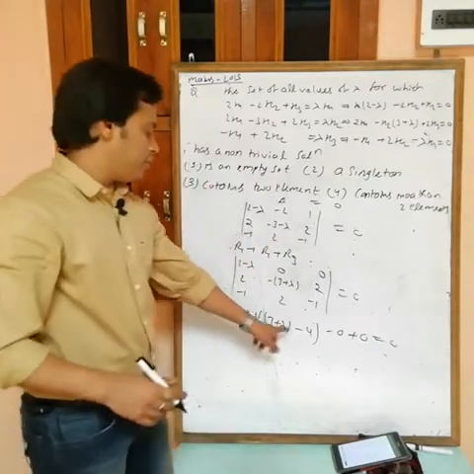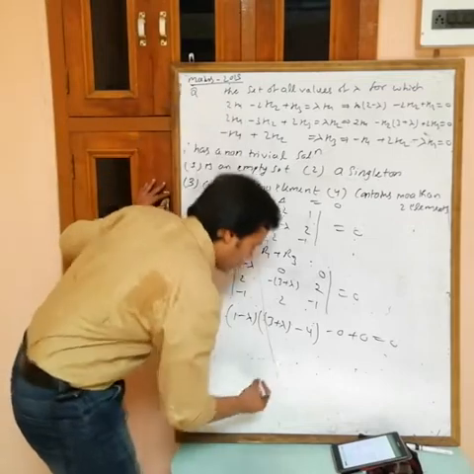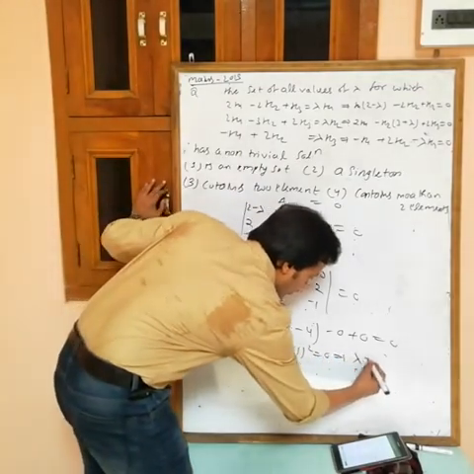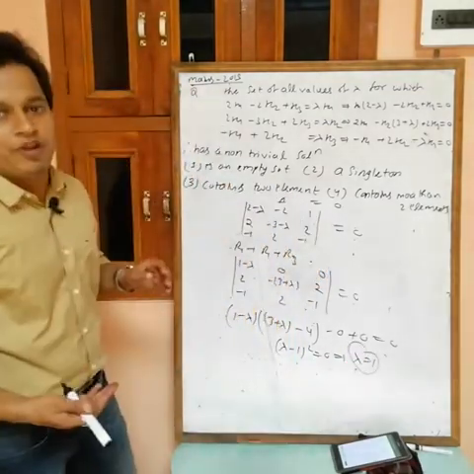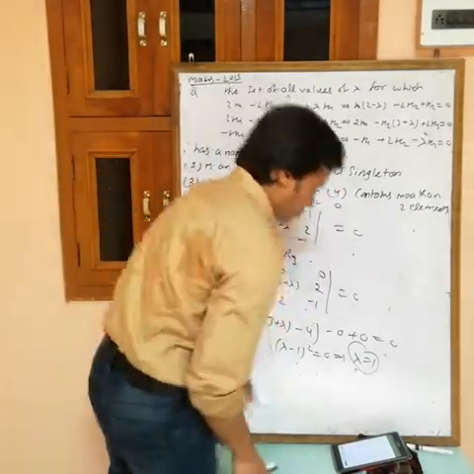Now what are we getting? Lambda minus 1, and 1 minus lambda with minus common, multiplied with 0, then you will get (lambda minus 1) whole square equals 0. From this one we are getting lambda equals 1. Lambda equals 1 means we are getting only one value of lambda, so singleton. Okay, a singleton. Write down.